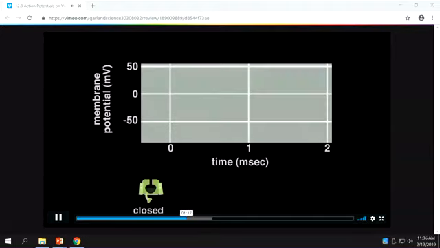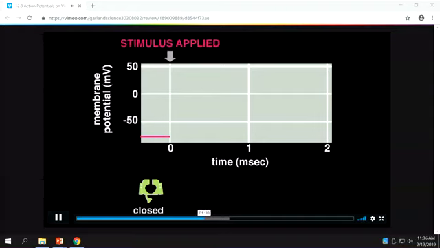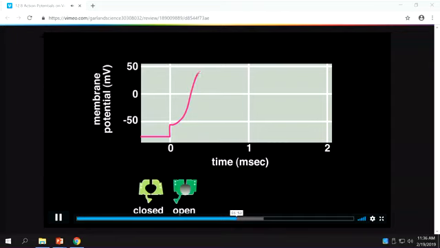Let's examine the changing state of the sodium channel during an action potential. When no stimulus is present, the sodium channels remain closed, and the electrical potential measured across the membrane remains constant. However, if a depolarizing stimulus is applied by a brief pulse of electric current, the membrane will start to depolarize, away from the resting potential of about -80 millivolts. Some of the sodium channels will open, permitting sodium ions to enter the axon along their concentration gradient. If the depolarization is sufficient, even more sodium channels open, and the membrane potential rapidly approaches the equilibrium potential for